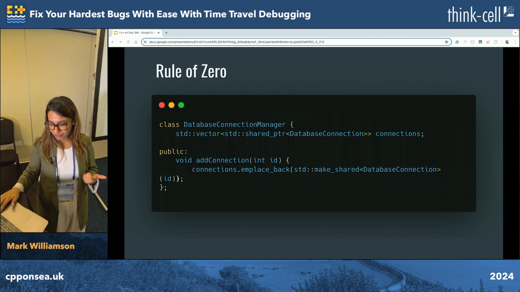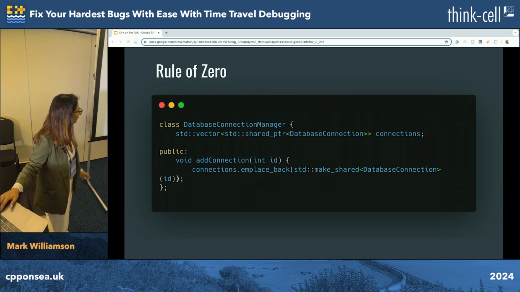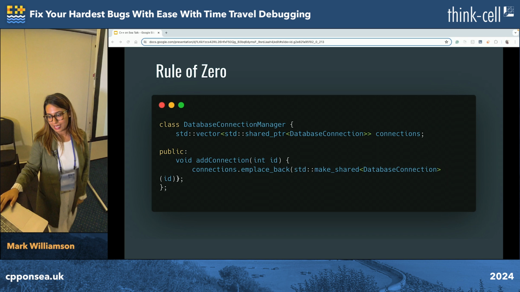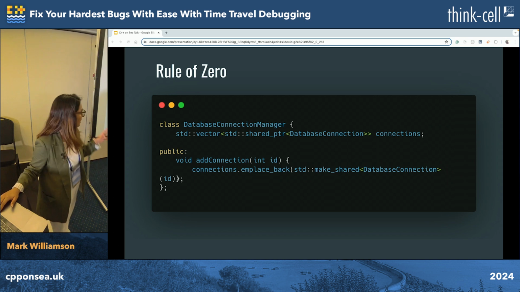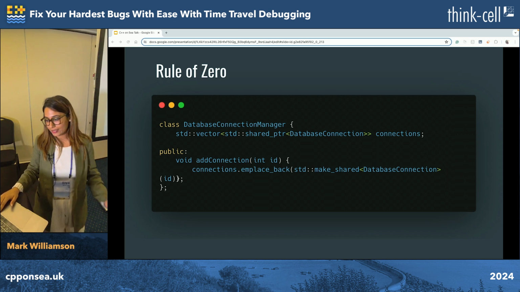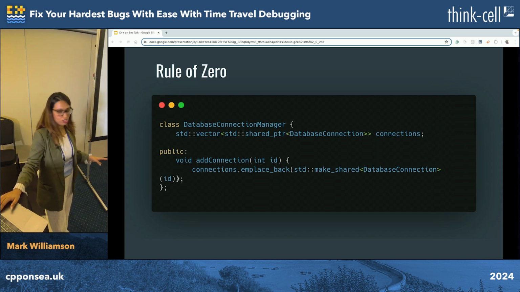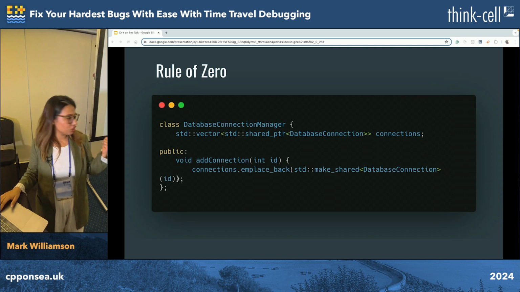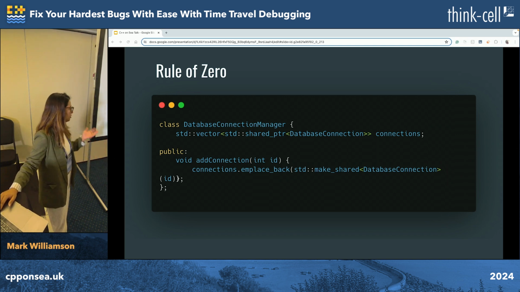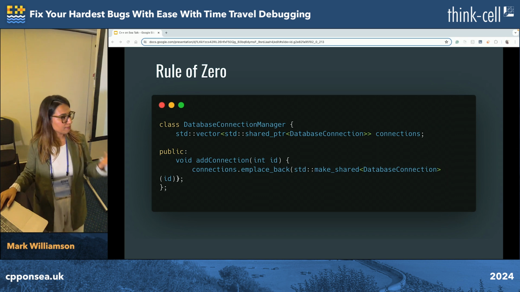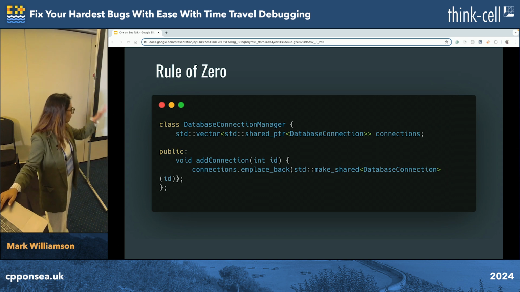The rule of 0 that we will introduce and see being implemented on the same class itself simply says that while designing classes, we design them in such a way that the compiler generated special member functions suffice without the need to define any of these functions. This is achieved by RAII, which is simply resource acquisition is initialization. I will talk about that as well. And by smart pointers, which are very important.